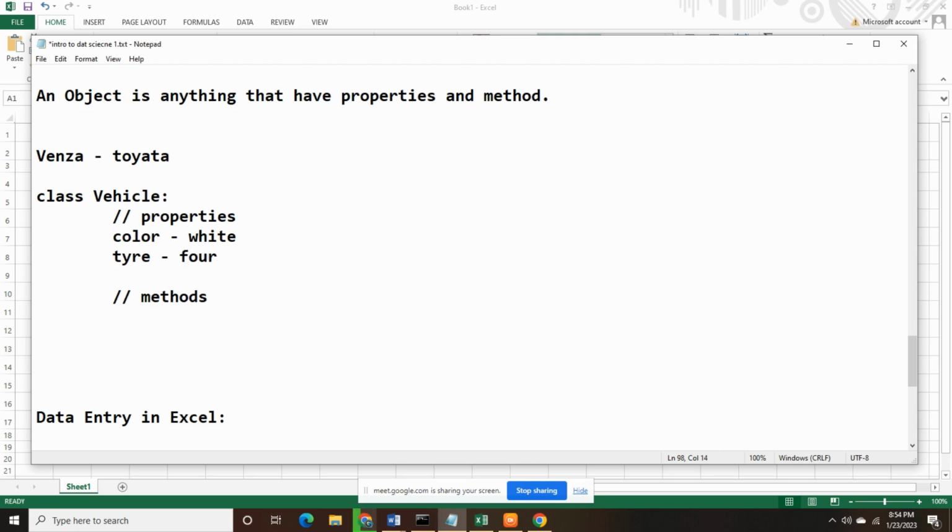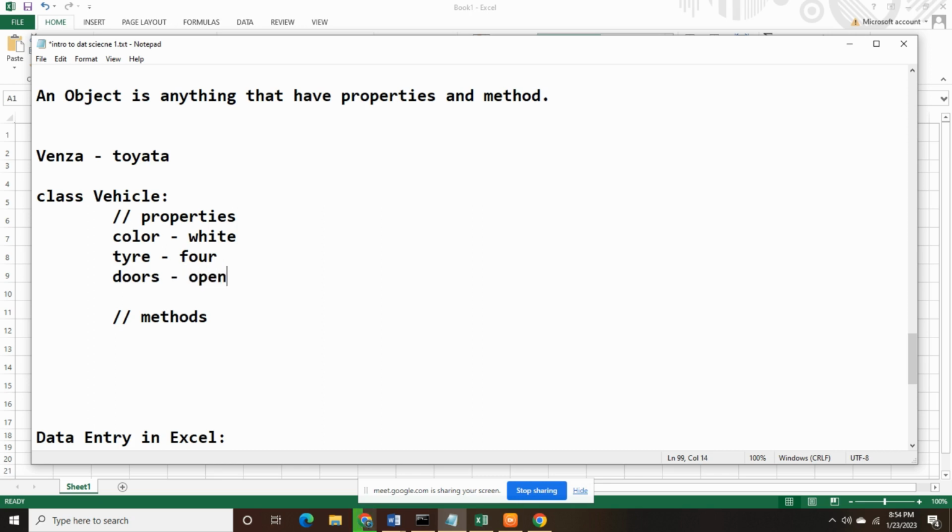Another property is that it has doors. You can open and close them, but the opening is not part of the property itself. One of the methods we have in a car is